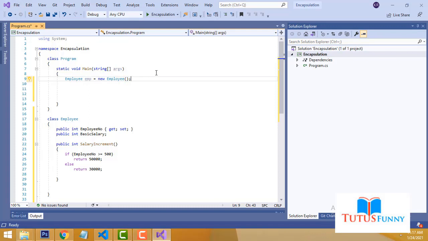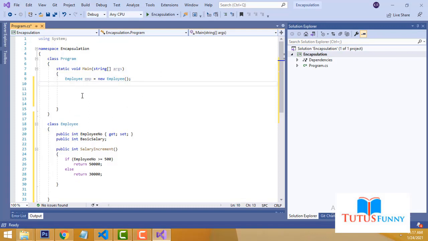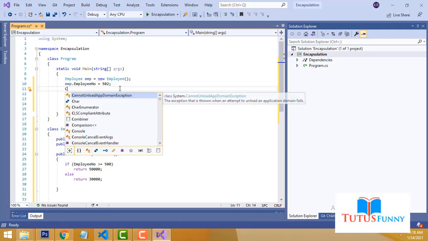Now how to call this variable: emp dot EmployeeNumber equals 502. Now I am going to print to check whether the application is working or not.